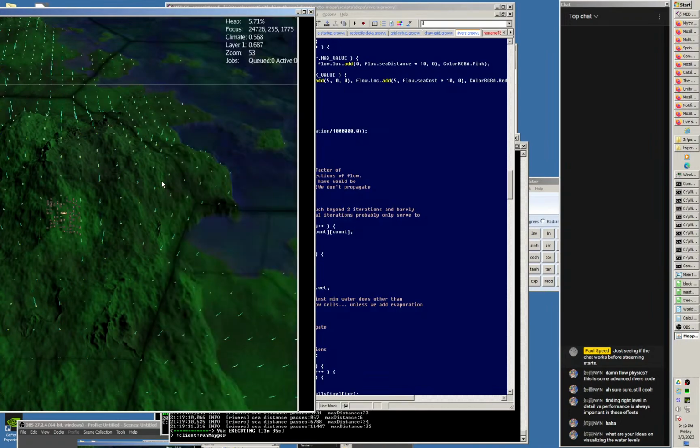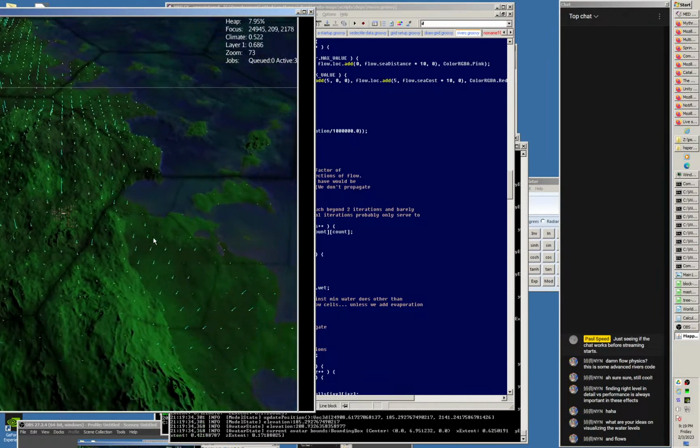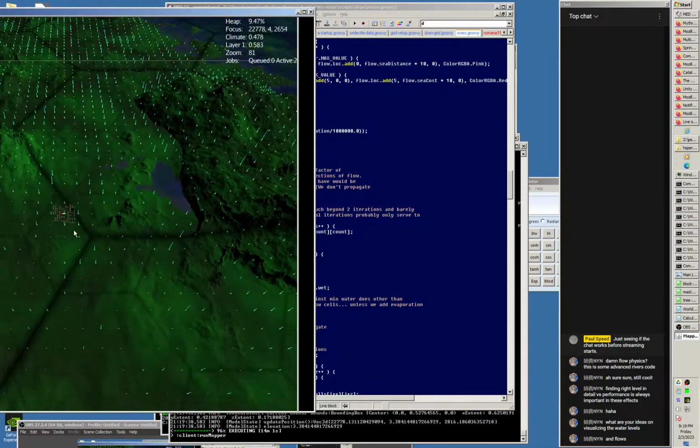Already there's water levels built in. For a given block, it can have 8 different water levels, and then it'll dynamically level them to their neighbors. And each block also keeps track of flow and pressure, so it knows which direction water is flowing. That way, if I do have a really long river over flat plains,